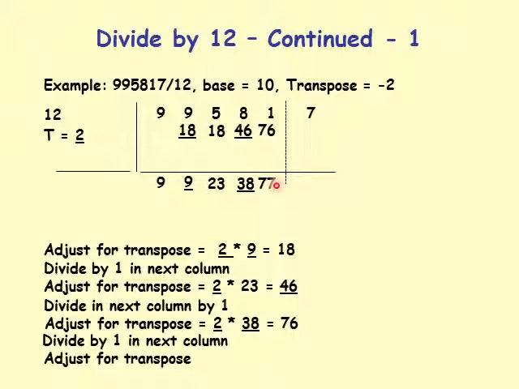Adjust for the transpose. So we have 77 here. 77 is positive, 2 is negative. Negative 2 times 77 is negative 154. So that's my adjustment in the remainder column. Let's continue here. So we have negative 147 in the remainder column. We have to resolve all the